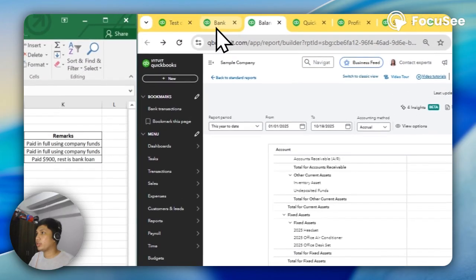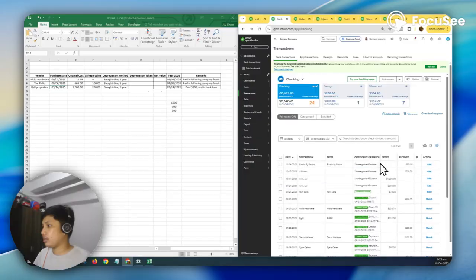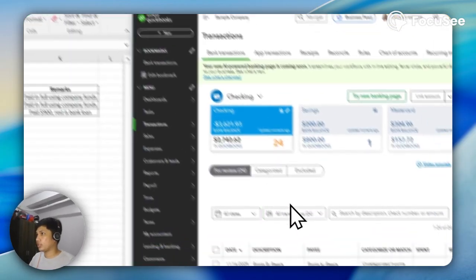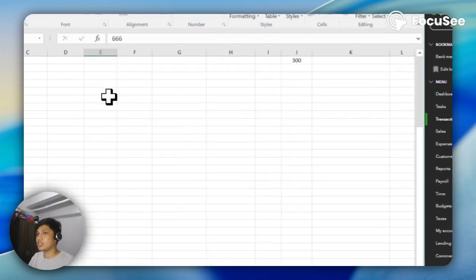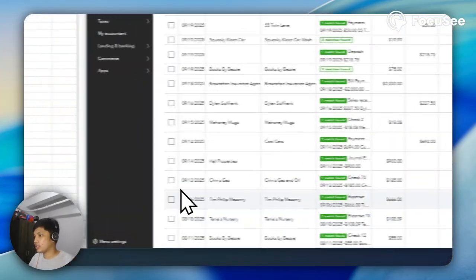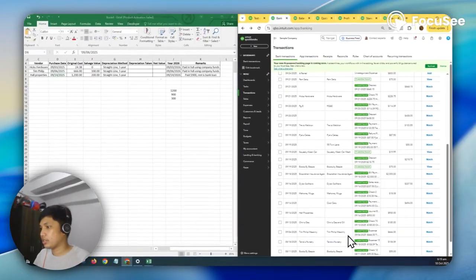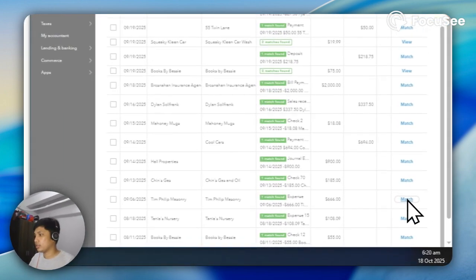Now I'm going to reconcile or match this in the bank feeds. 666, purchase September 6. Let's check September 6. Yes, we have Team Philip. Here 666. I'm going to match this.